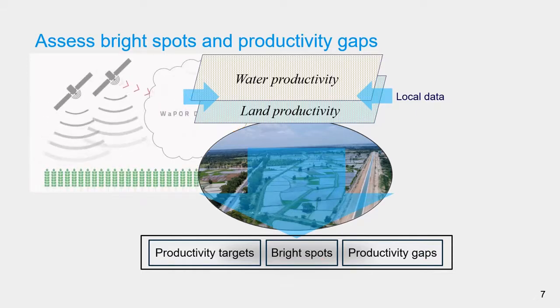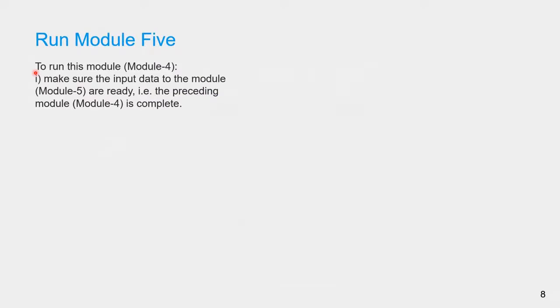There are 4 main steps to run this module. Firstly, make sure the input data to the module are ready. That is, the preceding module is complete. Secondly, launch the Jupyter Notebook. The simplest option to open the Jupyter Notebook is to